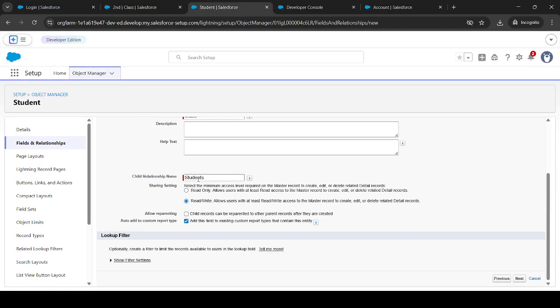And for this student, the child relationship name is already created as student, and that will be visible in your related list in the object section, right? Object record. So allow users at least read-write access to the master record to create, edit or delete related detail records. That is the visible option we are checking here. And